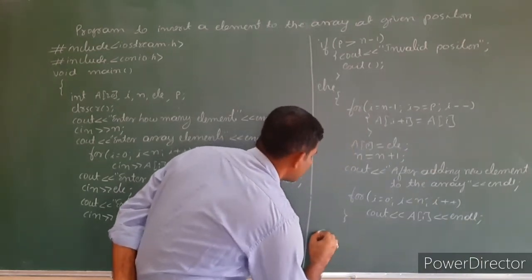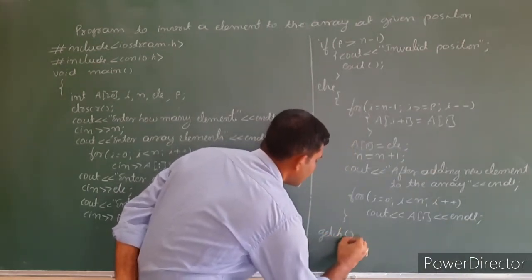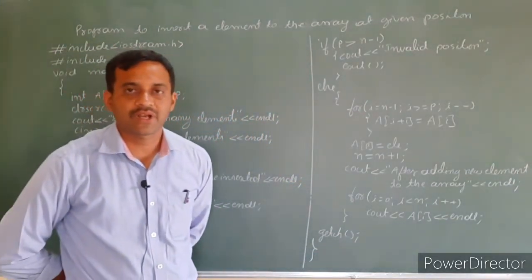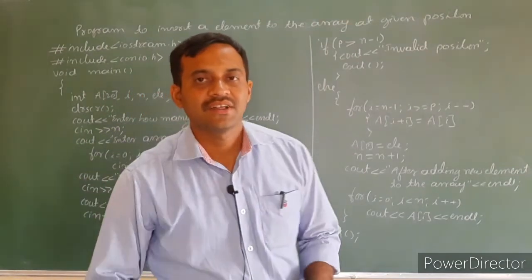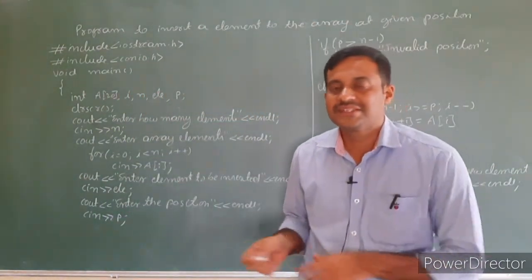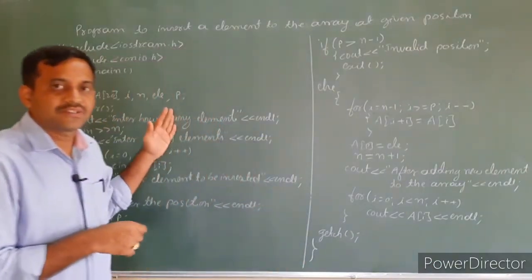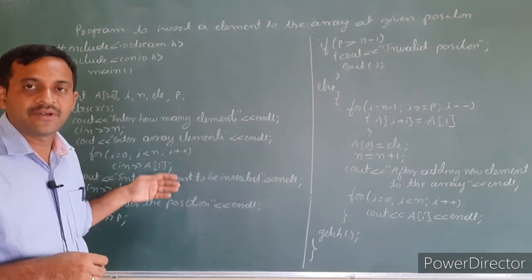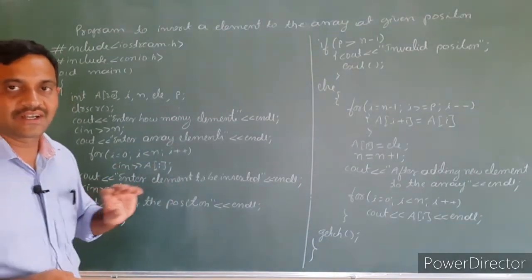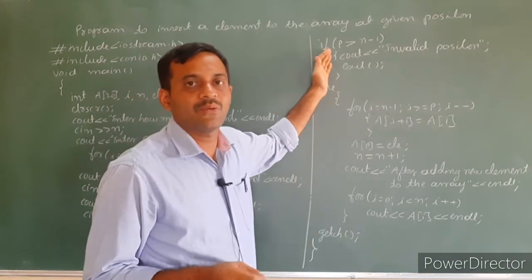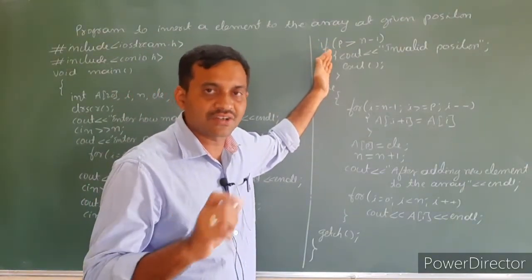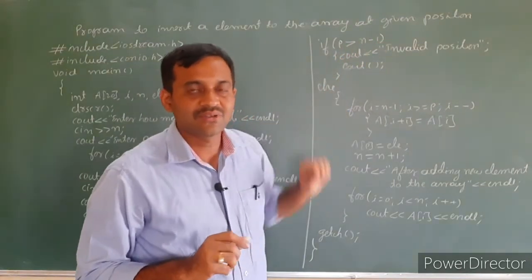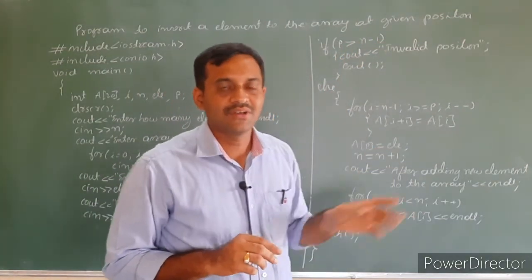Close the else part, getch, close the main program. So it is a simple program to insert a new element at the given position. See the program once again. In this portion we read how many elements, the array elements, the element to be inserted, then the position to be inserted. After reading the position, we verify whether the given position is valid or not. How to verify? If the given position is greater than n minus 1 value,